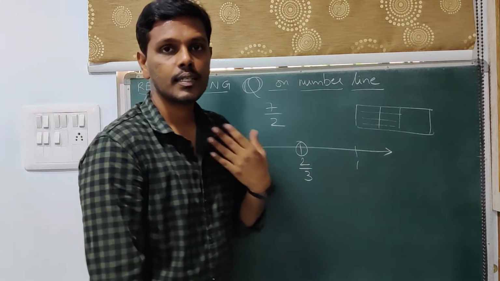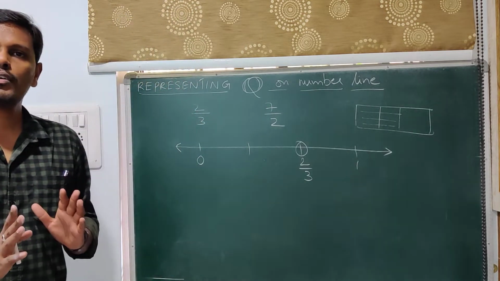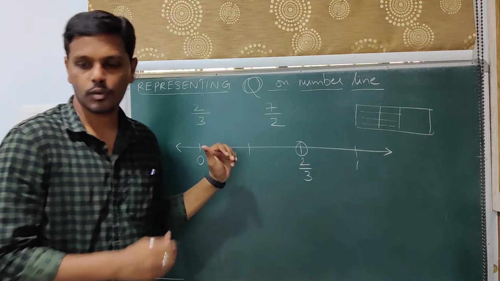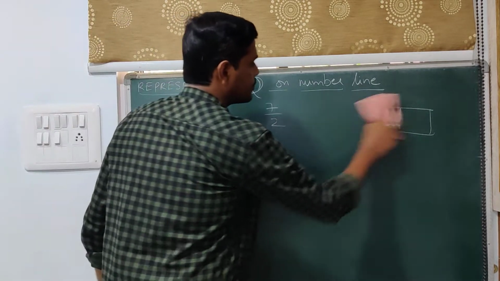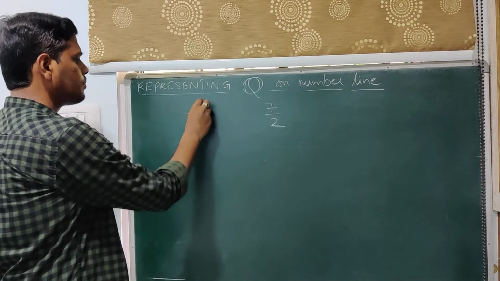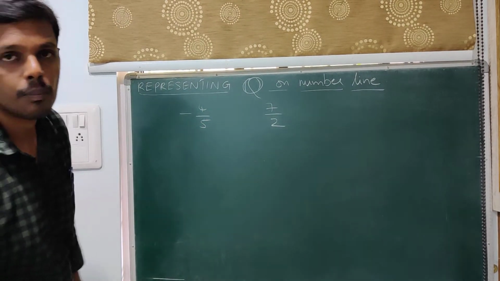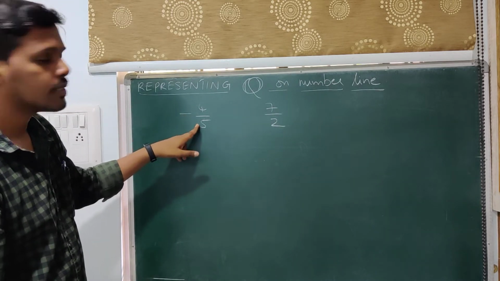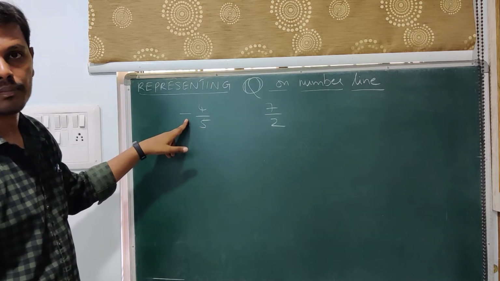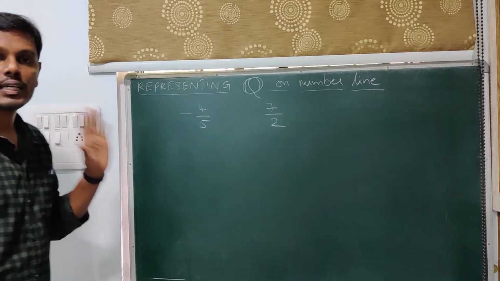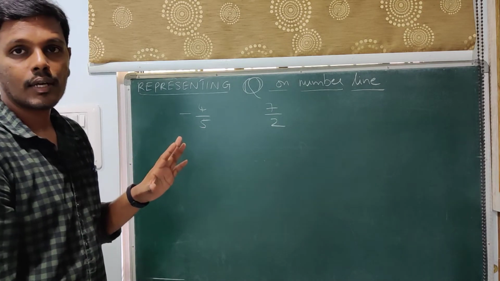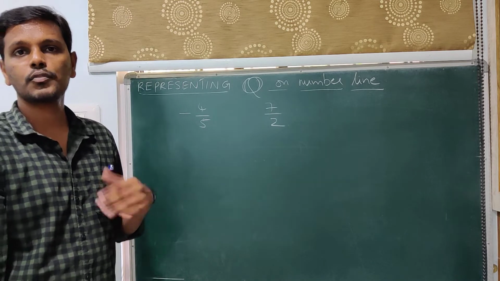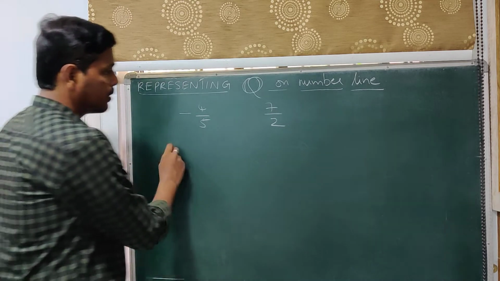Every case where the numerator is less than the denominator, the value will always be lying between 0 and 1, and you will be following the same process. First suppose minus 2 by 3, or say minus 4 by 5. Again the numerator is less than the denominator. Here when I am considering the numerator less than the denominator, I am ignoring this negative sign. So irrespective of the sign, I am only considering the numerals and trying to identify which number is bigger, the numerator or the denominator. Now I am discussing a case where the numerator is less than the denominator.